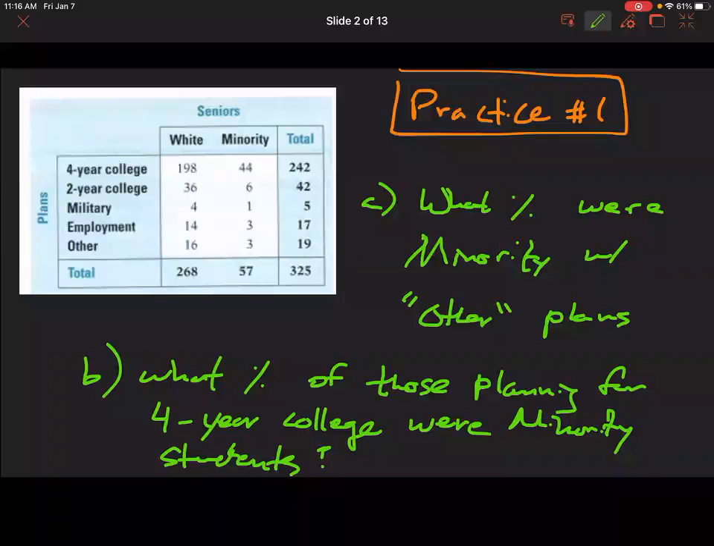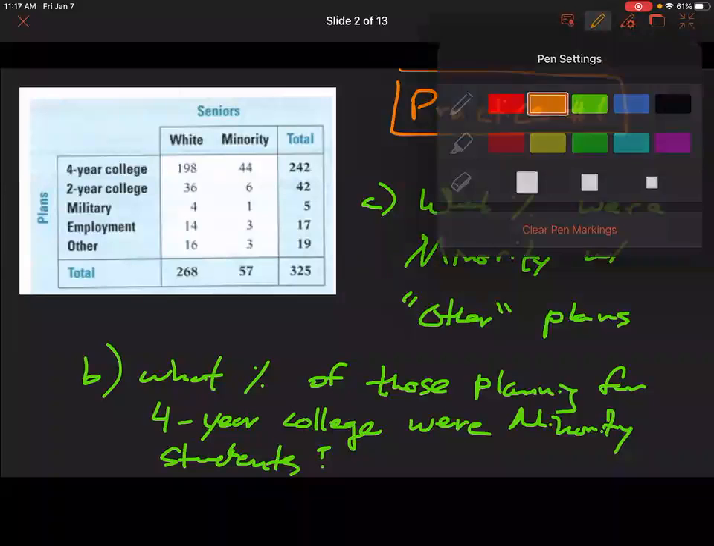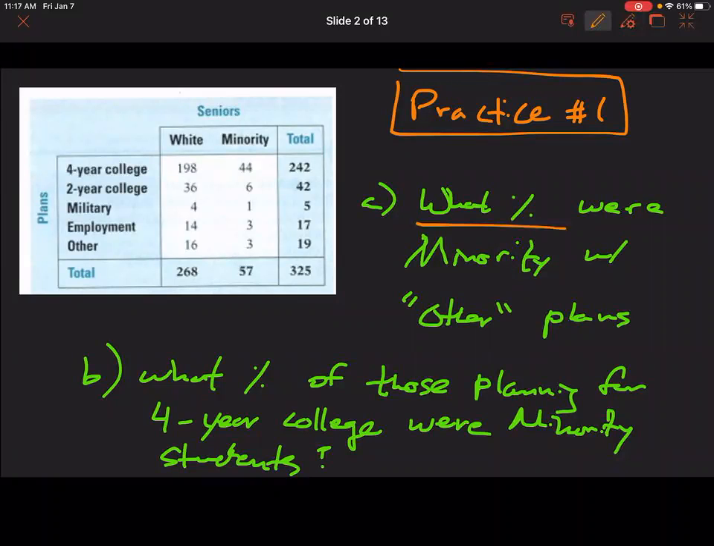So first one, what percent were minority students with other plans? This one doesn't give us any specific group we're looking at. It just says what percent. It doesn't say what percentage of this particular group. It says what percent. That means we're talking about everybody in total. And there's 325 people. What percentage were minority with other plans? Let's see, minority, other, that's 3. So 3 divided by 325